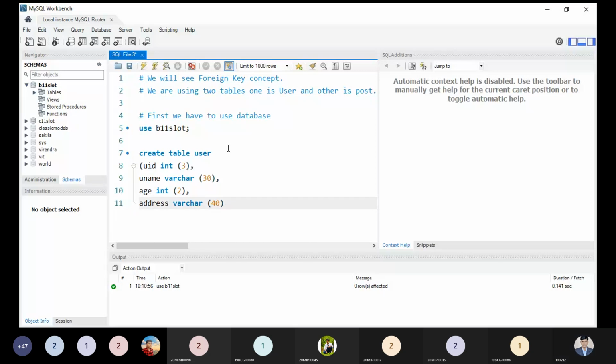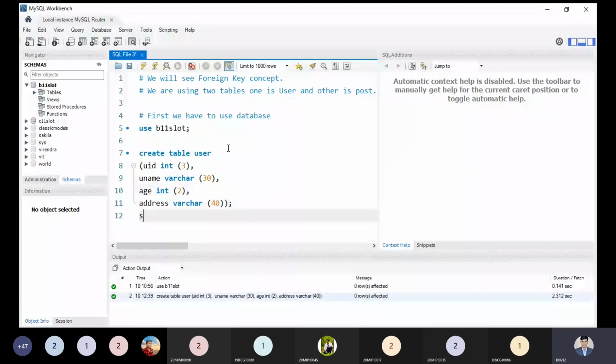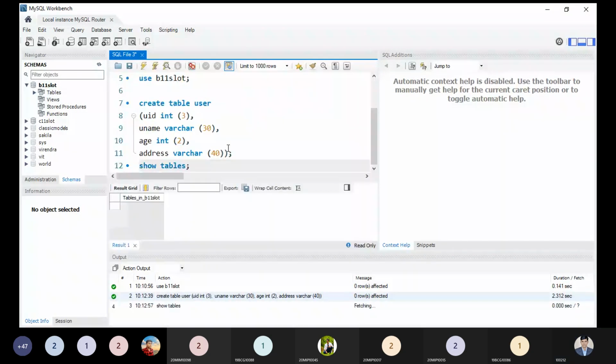Now this table we have designed over here, but this table does not exist in our database. So we have to execute the syntax and see whether it is created or not. After executing this code, you will see it takes 2.312 seconds, and after that we will see that this table is created in our database. Let us understand this command, show tables. Show tables will show the number of tables we have in our database. You will see we have some tables, which are car, hotel, prison, users. Now it's created at the last.